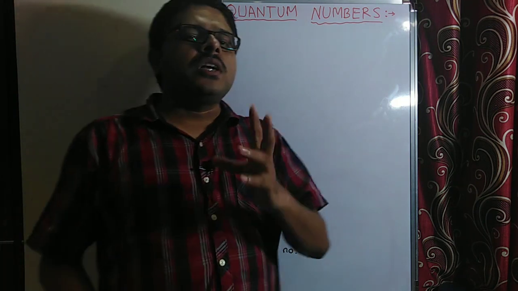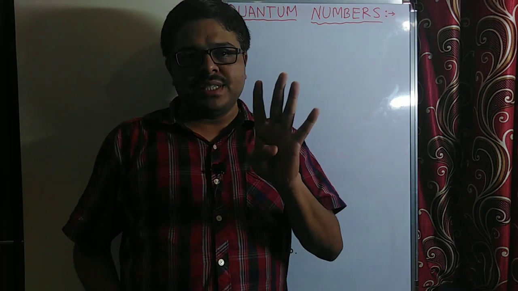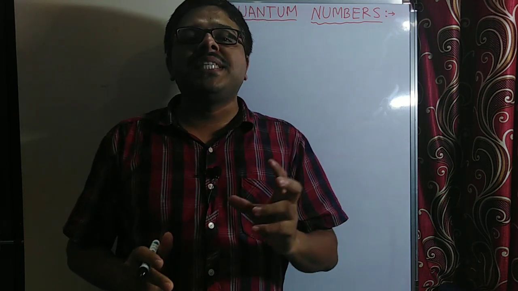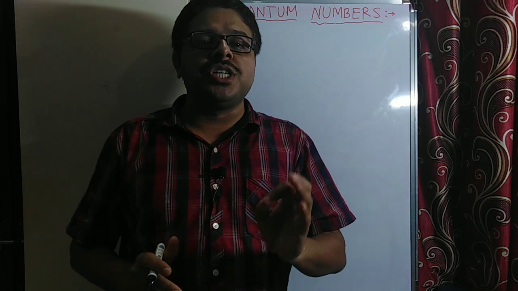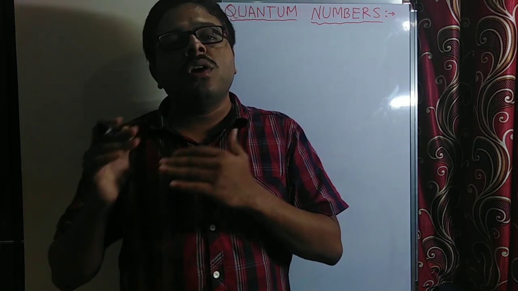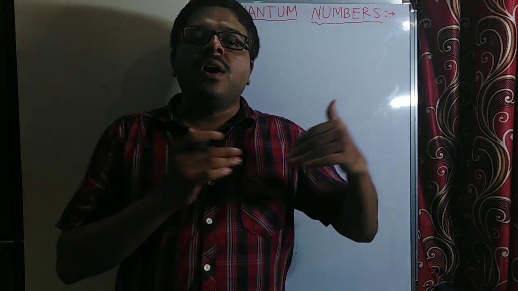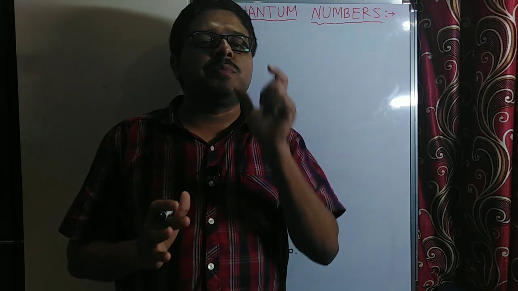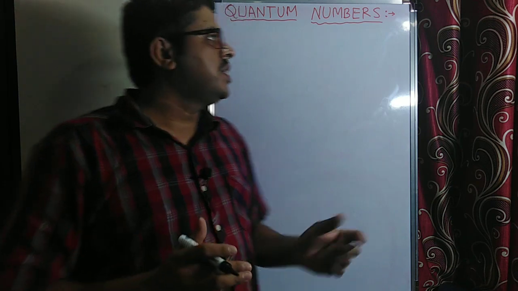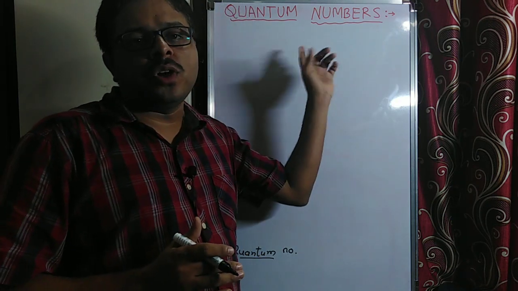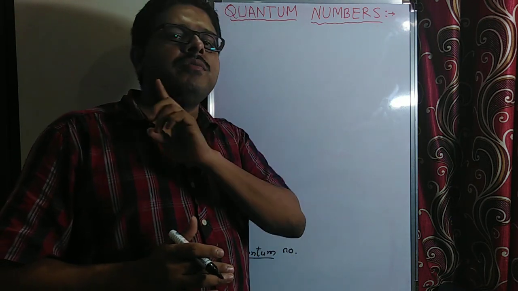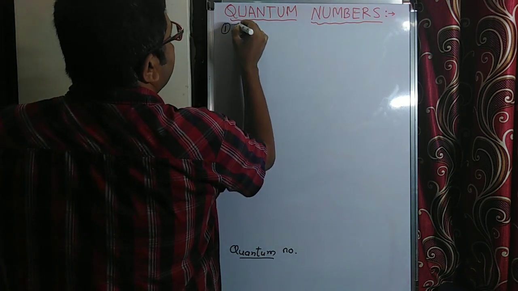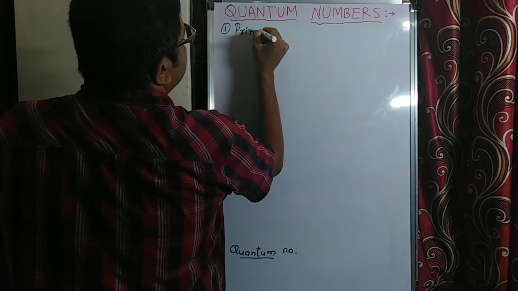We know that quantum numbers are nothing but four numbers, n, l, m and s, which specify the exact position or energy, or you can say magnetic property or spin of the electron. Which means to specify the exact position of the electron, we will use these quantum numbers. Very important concept for NEET, JEE and CET, for all. Remember that.